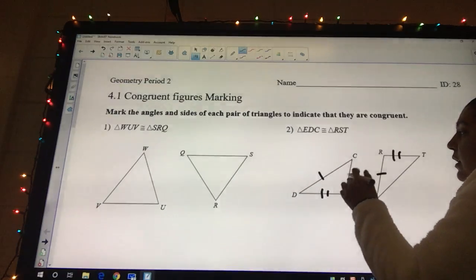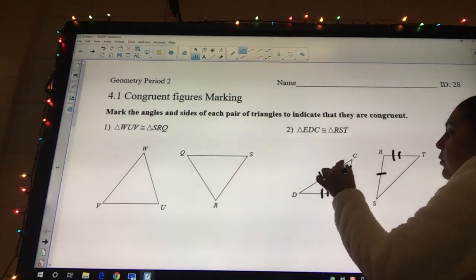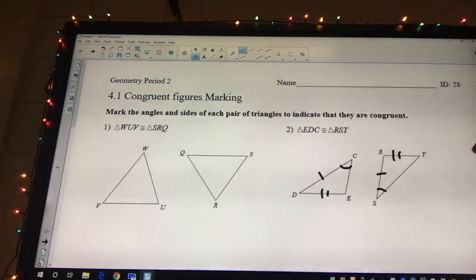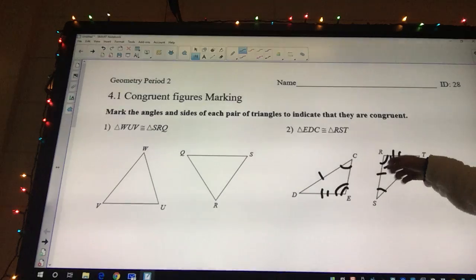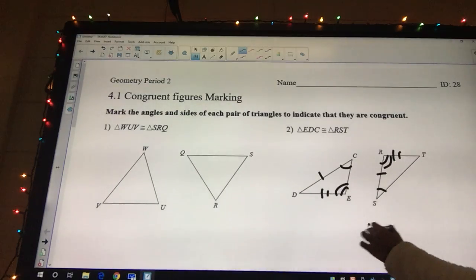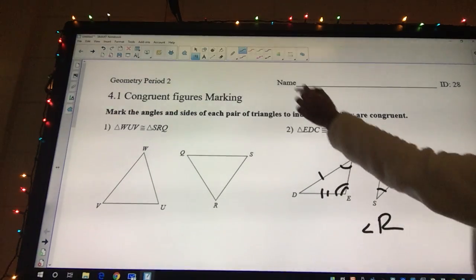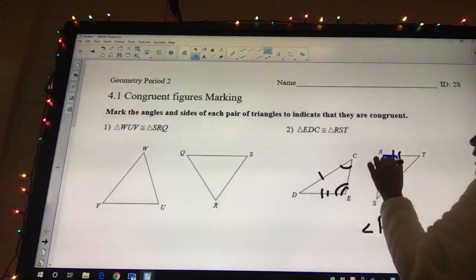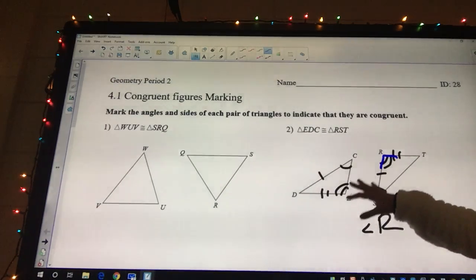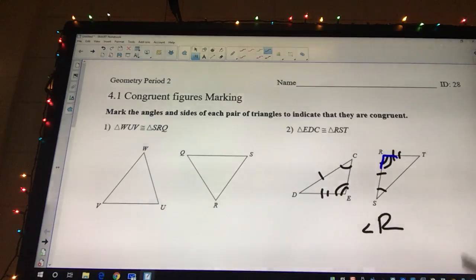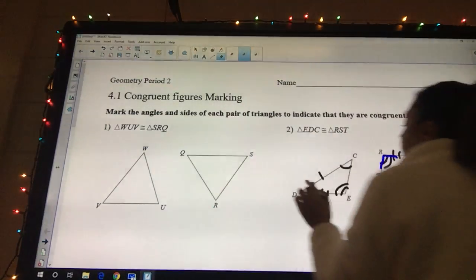correct, so don't write this stuff down, but we could say if this one had 1 and this one had 1, we could say that C is congruent to S. And if this one had 2 and this one had 2, we could say that angle R, because they're just talking about the angle R, or just this part, the inside measure of this angle, our angle R was congruent to angle E, okay? And so what we're going to be doing today